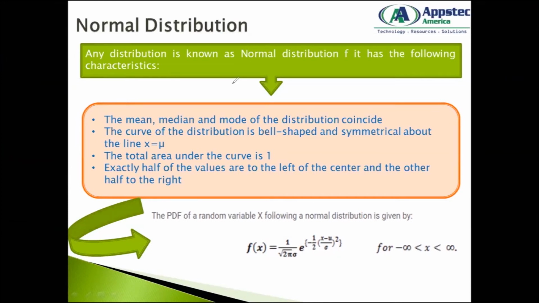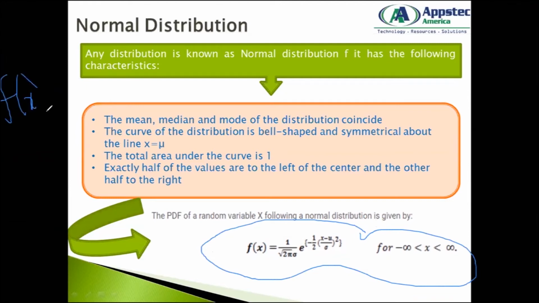Okay. Now, what is the mathematical formula? It looks pretty math heavy, but you don't have to know it by heart, just see how the formula is. So any function f of x, to find the normal distribution, this is the formula. It's 1 by square root of 2 pi into sigma, e to the power of exponential of minus 1 by 2 into (x minus mu by sigma) whole square, where my value of x can range from